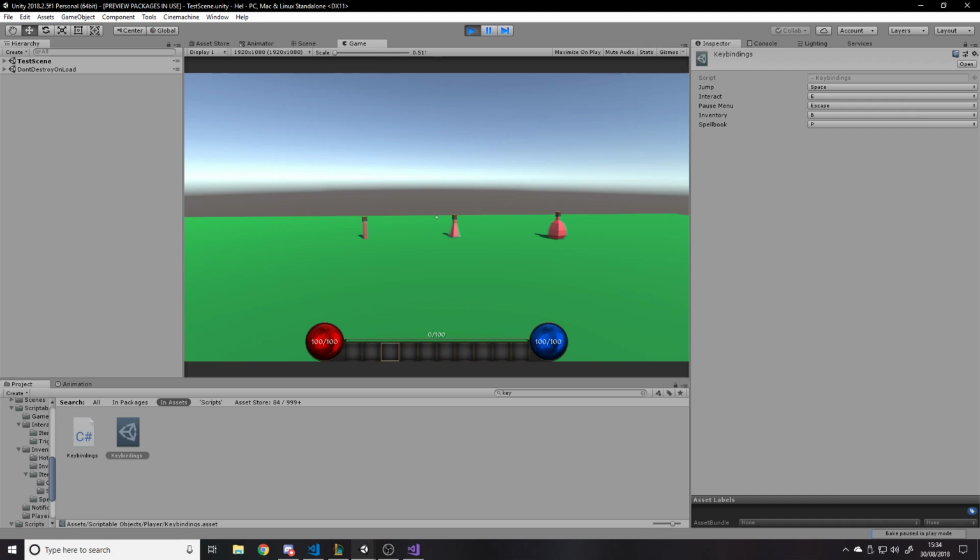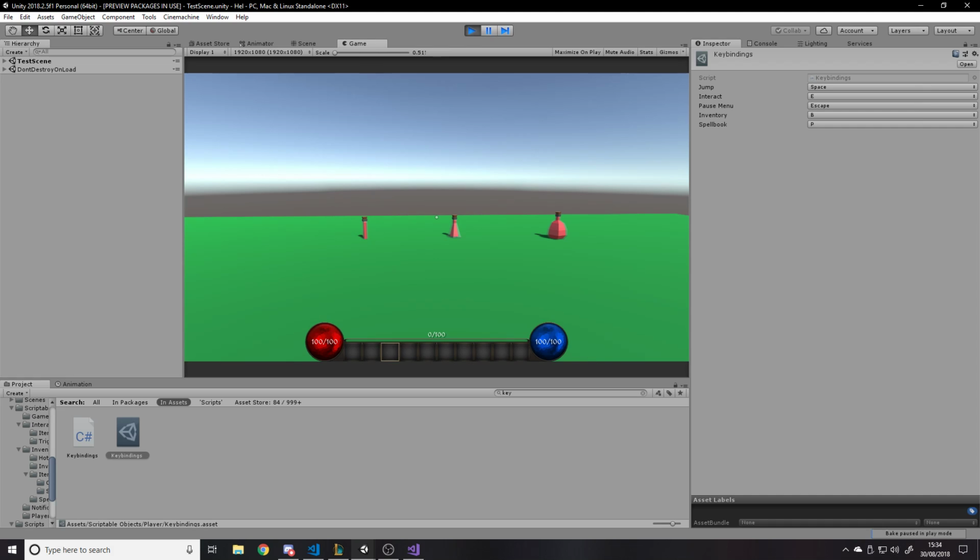And it's just really good for storing user preference things. There are obviously the built-in player prefs, but you can use it for key bindings, it's just an extra step. And believe me, after you've watched this, you'll see how much simpler it is by using scriptable objects to store